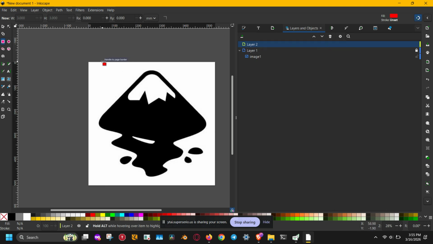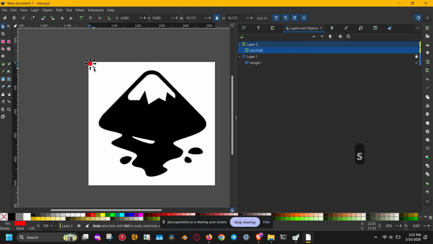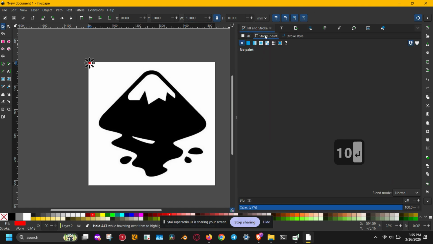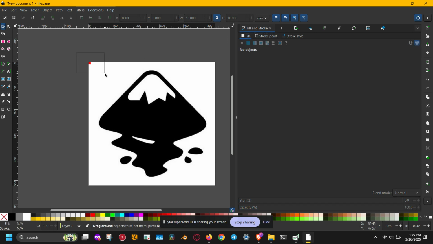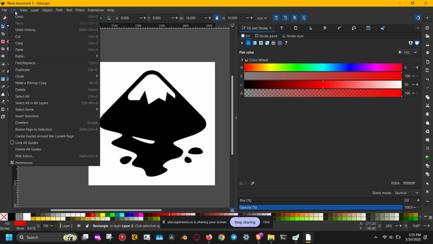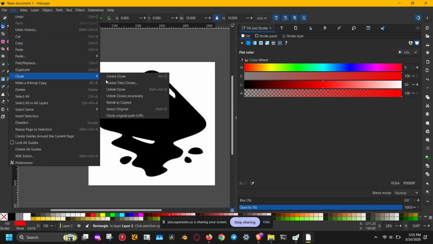On this new layer, select the rectangle tool from the toolbar or simply press the R key on your keyboard. Click and drag to create a very small square. This small square will act as a single pixel tile that will be repeated across the image. Open the Fill and Stroke panel and assign the square a fill color, then remove the stroke completely so only the filled square remains. After that, position this square at the top left corner of the image you want to pixelate. With the square selected, go to the top menu and click Edit, then navigate to Clone and choose Create